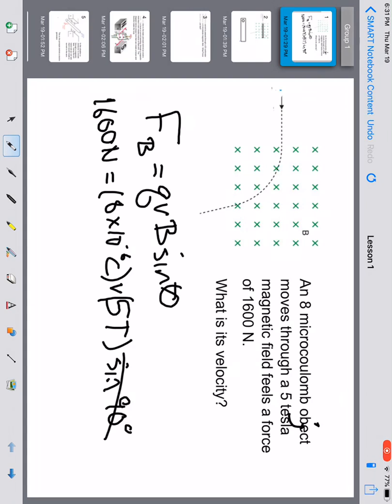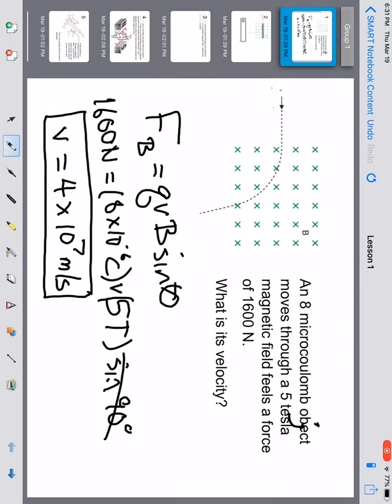Okay, so this goes away. We do the rest of the necessary algebra, and I'll give you a second or two to figure this one out. Should be 4 times 10 to the 7th meters per second. Okay, so fairly straightforward. Now, we have to also remember that if you look at the way this is moving,